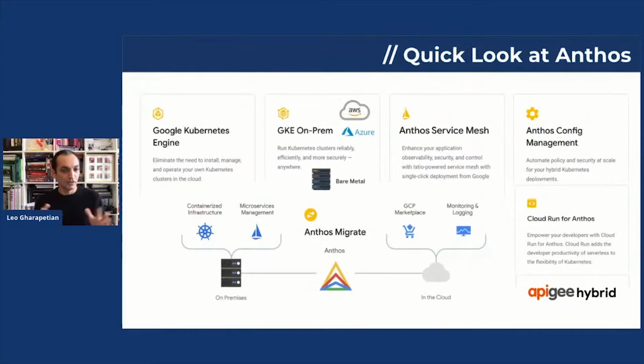Before we continue, I know this is a talk about Apigee, but you can't really talk about Apigee without talking about Anthos. I'll give a quick overview of Anthos. It is a platform Google has developed, which allows you to manage all your Kubernetes clusters across different clouds and on your on-premise data center from a single pane of glass. You can have Anthos running on AWS, Azure, and when I say you can run Anthos, I'm essentially talking about running Google's GKE version of Kubernetes on AWS, on Azure, or on VMware or bare